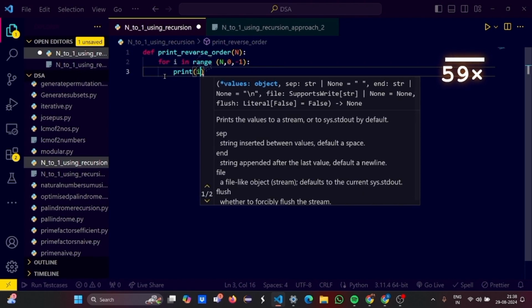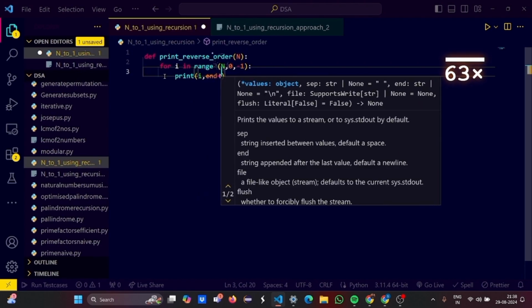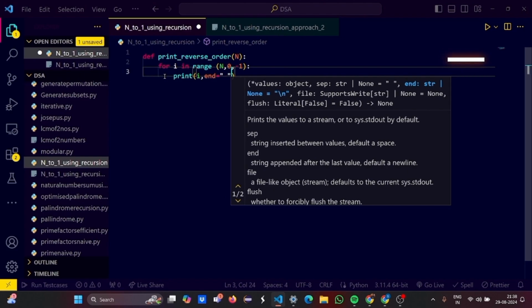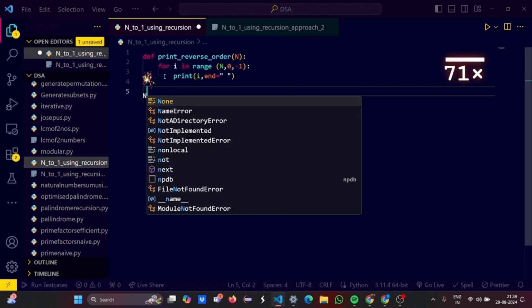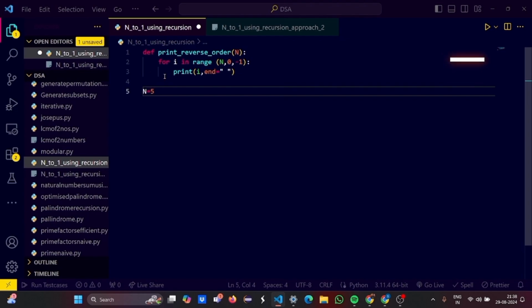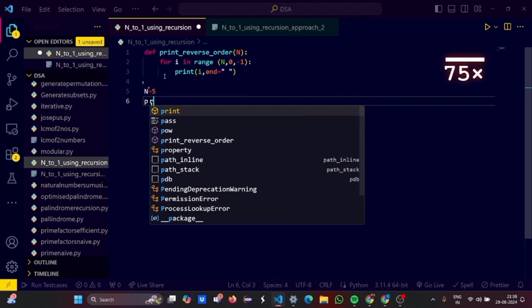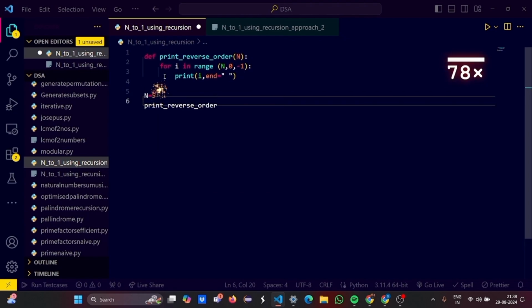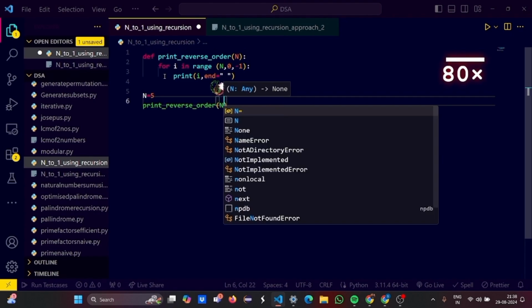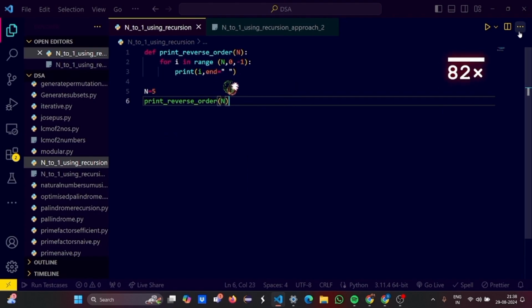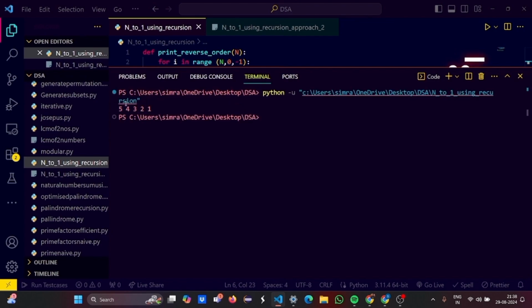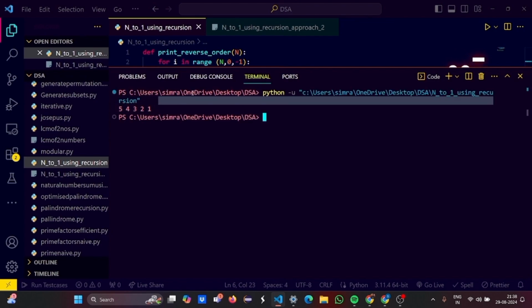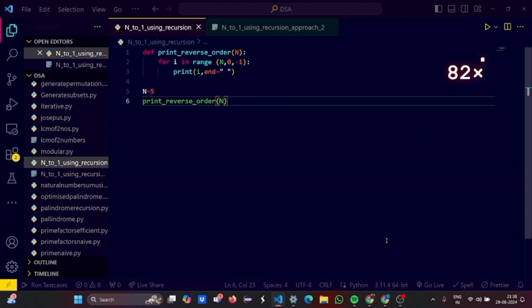Print i, and let's print a space. Okay, cool. Now let's go to the driver code. Let's take the input as n equal to 5 and call the function. Simple, very simple. Let me save it and run. So here you can see the output is 5 4 3 2 1. Pretty easy. I hope you guys got it.